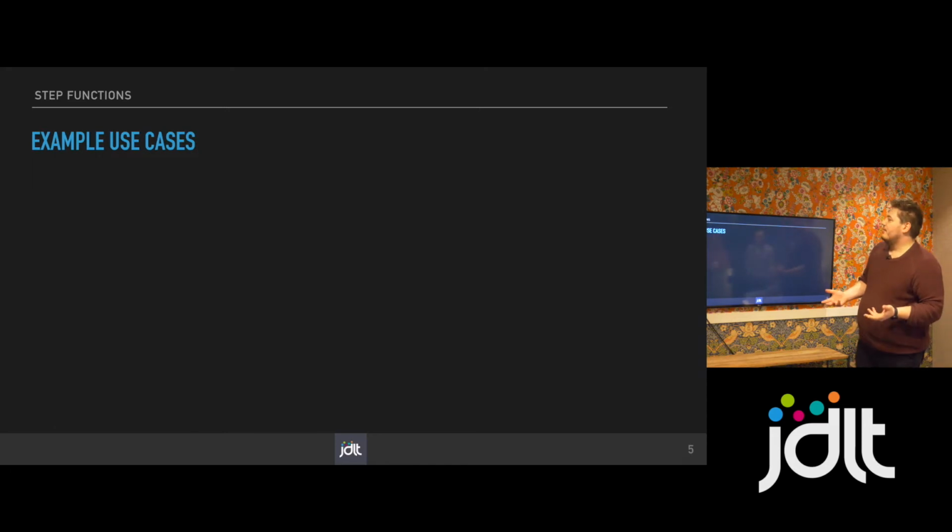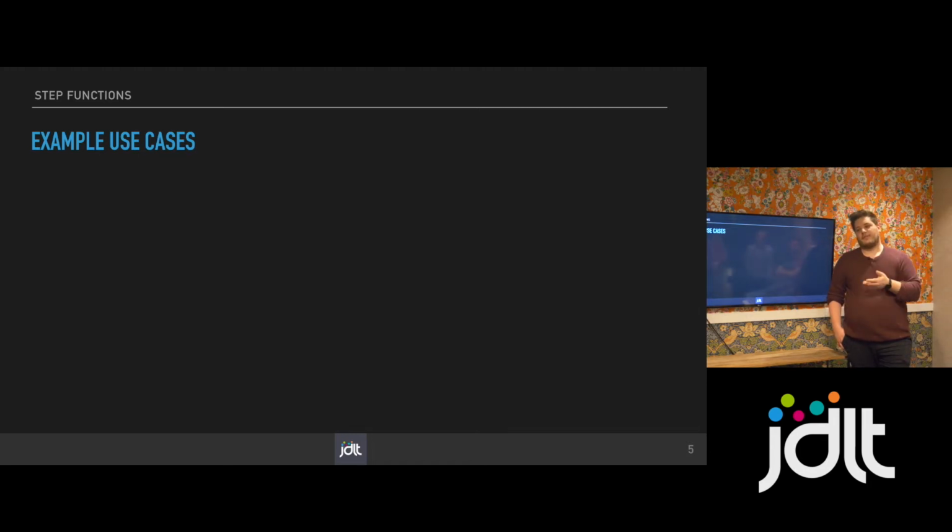So some example use cases before we get stuck in. When is it actually a good idea to build a step function? Like I said before, we have one in the code base currently, which handles our development approval processes. So basically the workflow is,